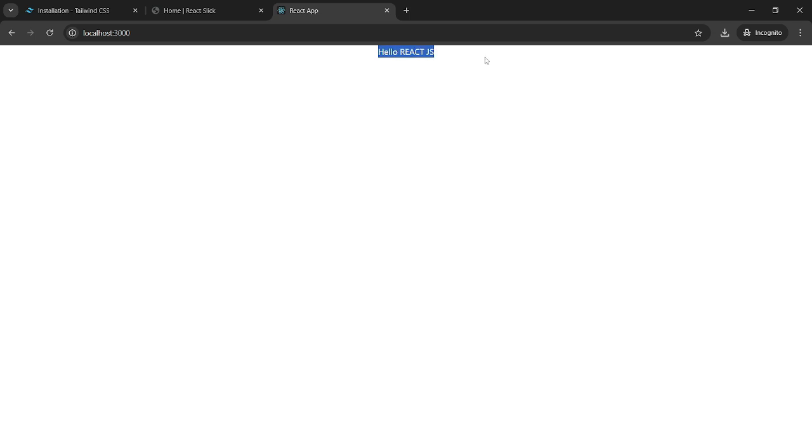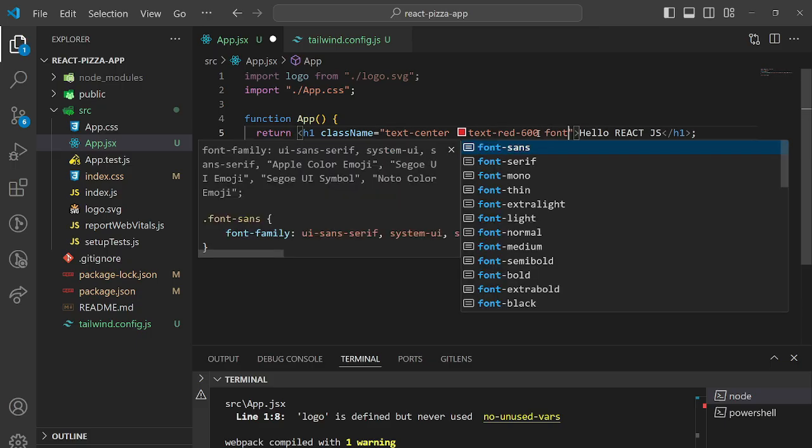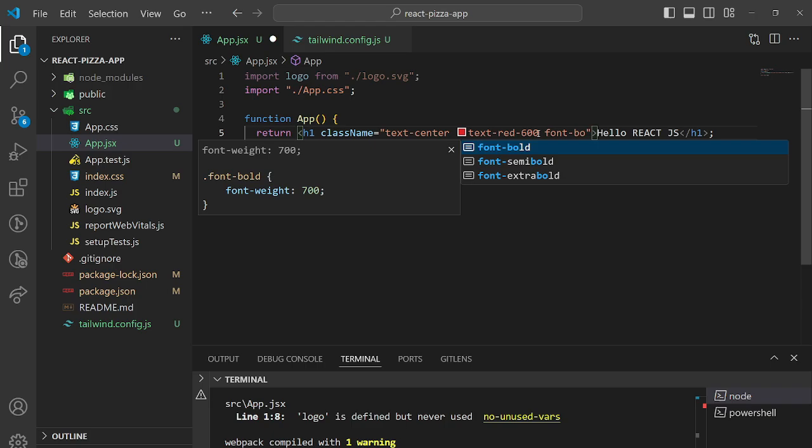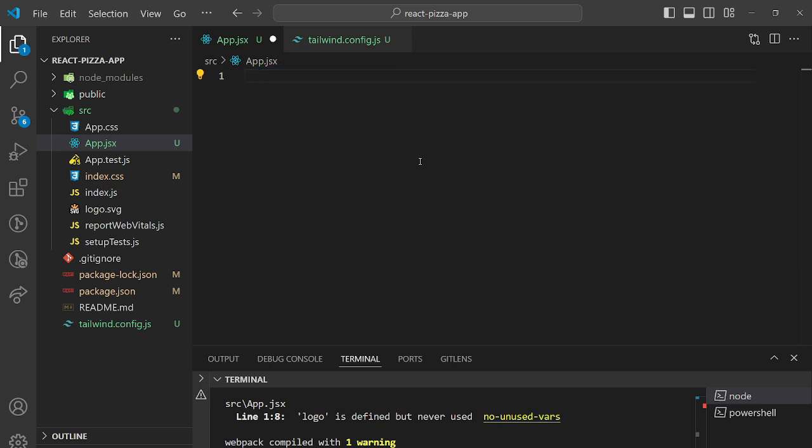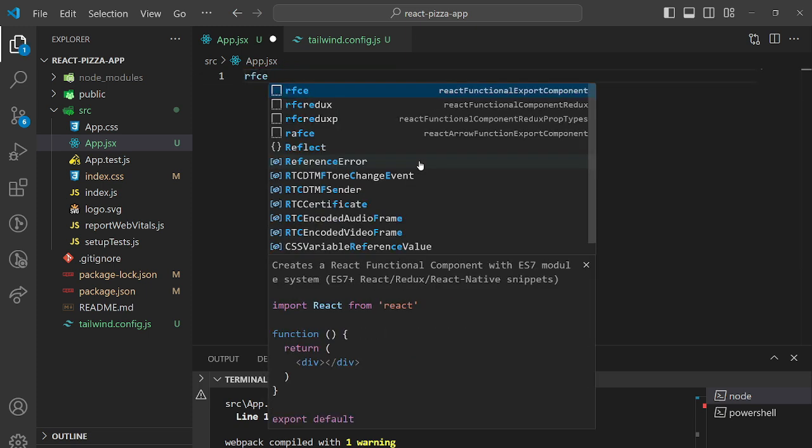You can see here. Let me change the text font size to bold. Save it and check it. Now you can see here. Let me zoom it. Let's write our structure. Okay, so for that again I need to remove this entire code and start writing RFCE, press enter, so it